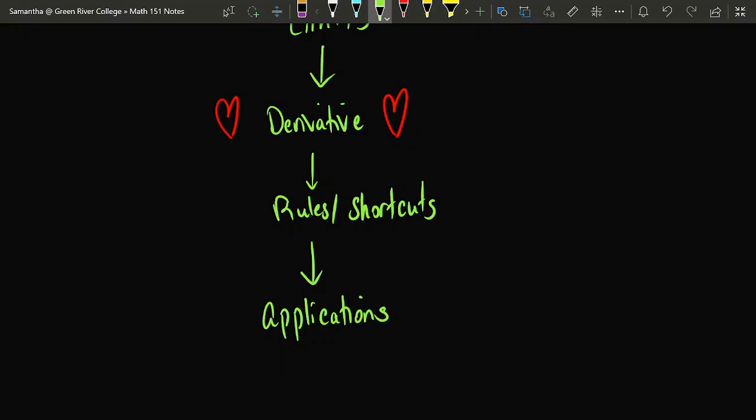Now, some of you looking at the title may be wondering, okay, if calculus can do all that and that's the second coolest subject, what's the first coolest subject? And of course, the first coolest subject is